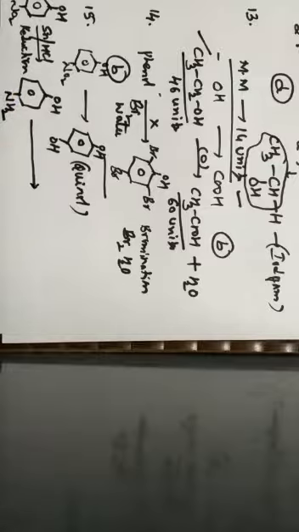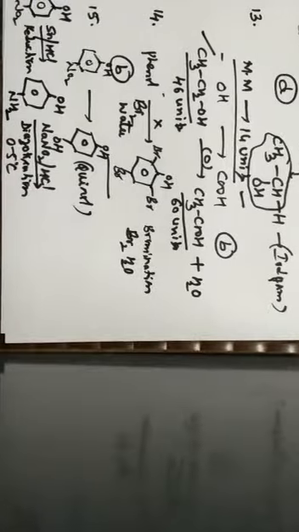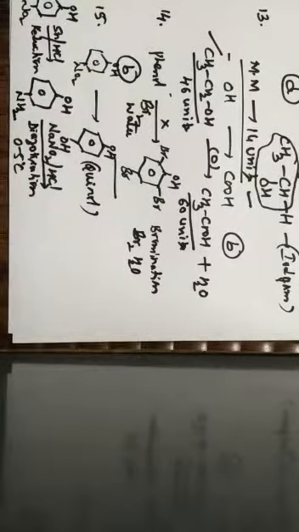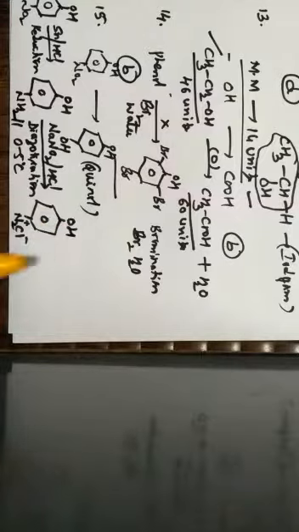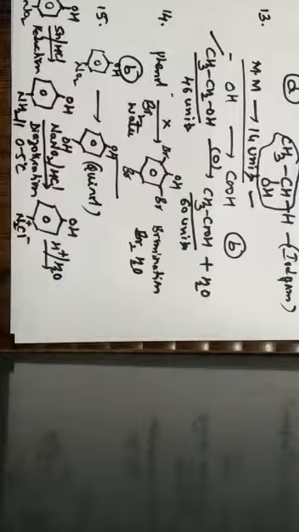When this para-aminophenol is subjected to diazotization reaction, so when it is subjected to diazotization means what? It has to be treated with NaNO2 in the presence of HCl by maintaining a temperature of 0 to 5 degree Celsius. When it is subjected to diazotization, what we get? In diazotization, the diazonium salt is the major product. So here, in the place of NH2, we are going to get N2+ and Cl- along with OH group. So, which is further subjected to acid hydrolysis.